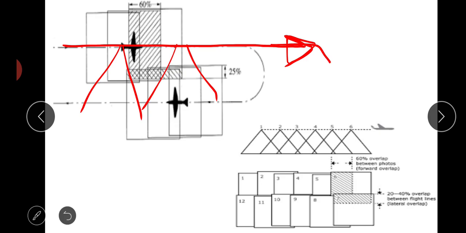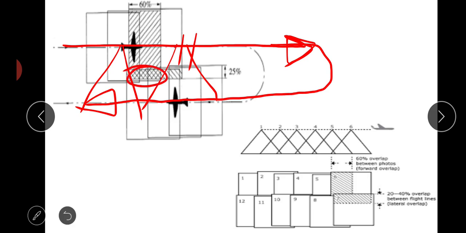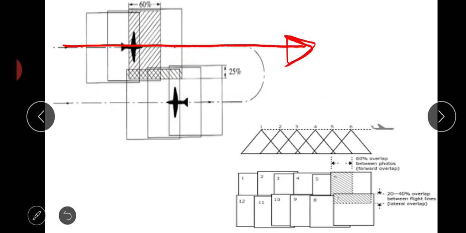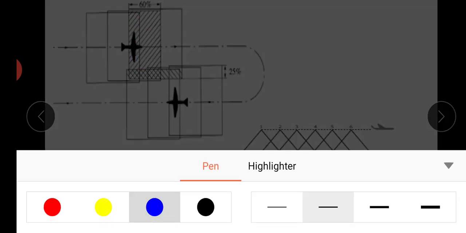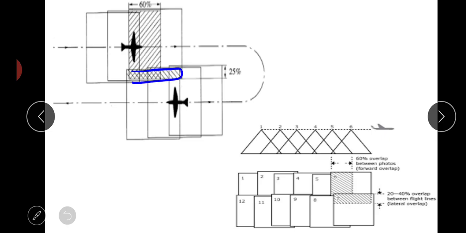Once the flight changes direction and comes back at a lateral position with respect to this one, the photographs taken and how much they overlap is called lateral overlap. This part is the forward overlap, and this blue part is the lateral overlap.